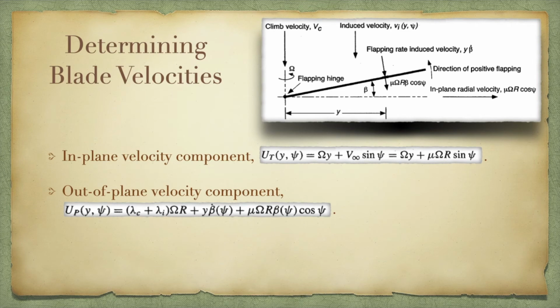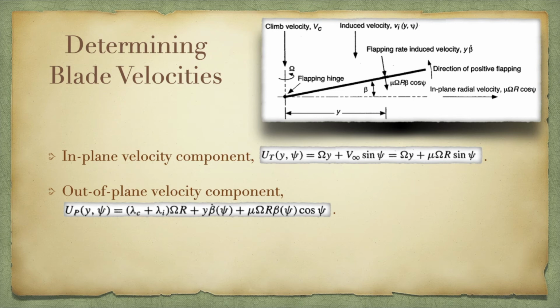Now what is this equation? We have three components: first component plus second component plus third component. So this out-of-plane velocity consists of three parts. The first is the component comprising the inflow velocity, as in the hover case. The other two components result from perturbations in velocity at the blade element that are produced by blade motion. One is flapping, the second blade motion is coning.